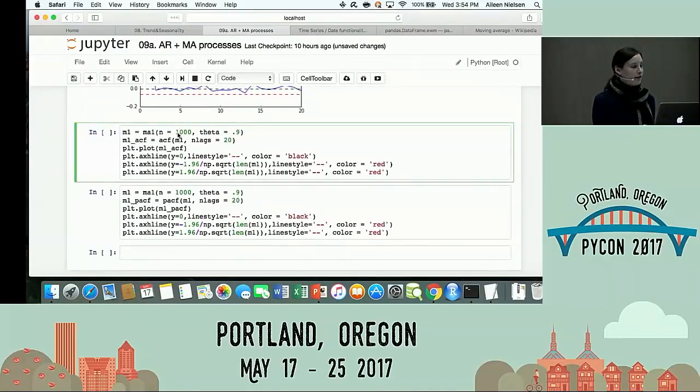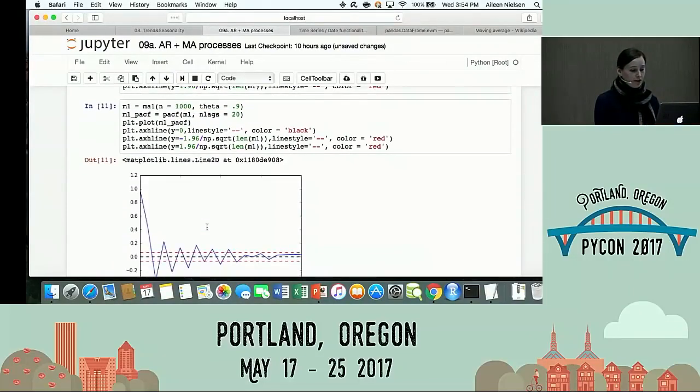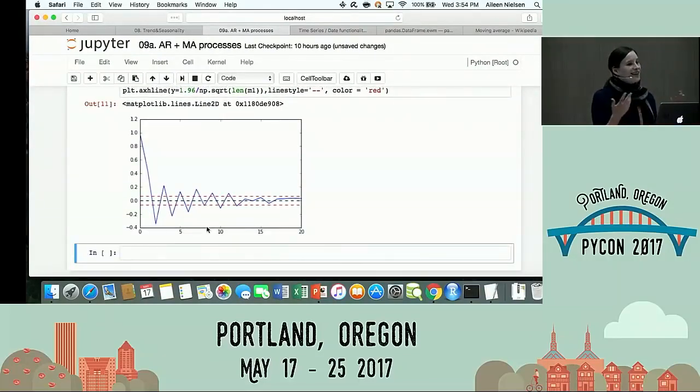Okay, what about my moving average? It's kind of the inverse mathematically, and I'm not going to prove it to you today. This is very standard stuff. You can look it up. For moving average, you expect the autocorrelation function to show you where you should cut off your model, and you expect the partial autocorrelation function to just sort of taper off. So let's look at that partial autocorrelation function. And we see here it's not very informative.